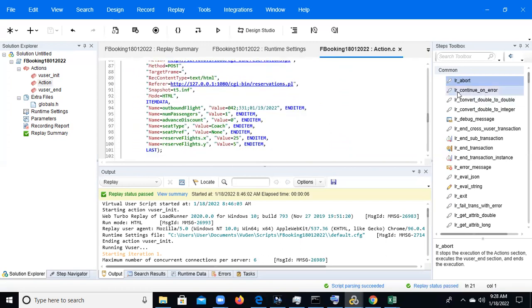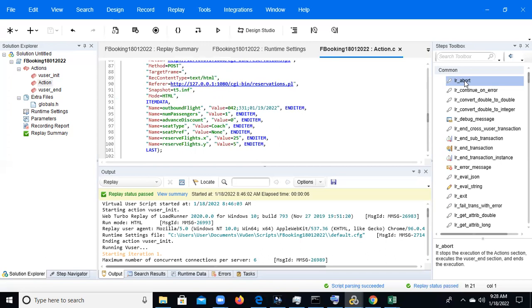After that we'll see LR abort. LR abort, what is that, Krishna? This function can be used for the script abort purpose, meaning in a particular scenario we need to abort, so we can use LR abort.